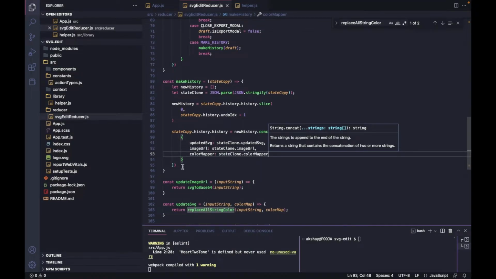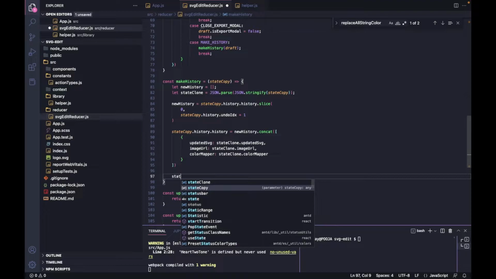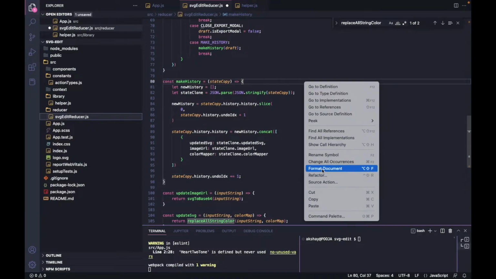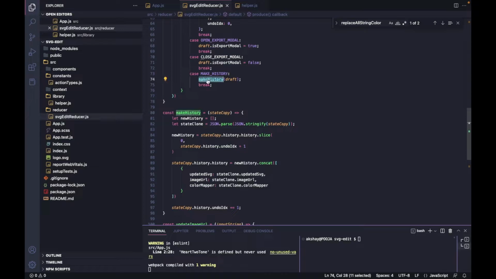Okay, and here at the last we'll write state copy.history.undo index plus equals to 1. Okay, so we are incrementing the undo index also. Okay, so make history function is also done, and now next case is